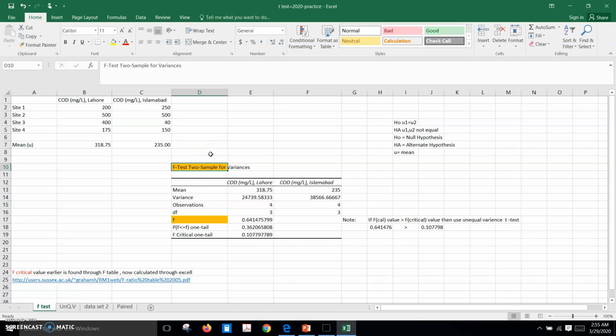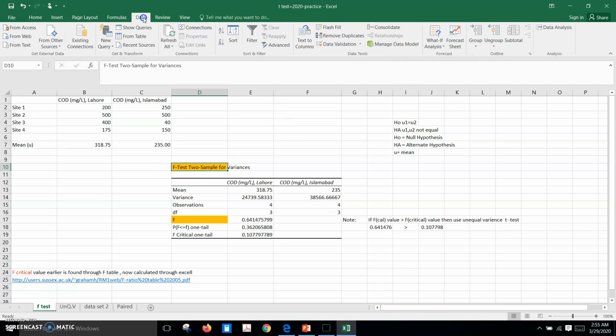You can use my Excel sheet, save it by another name, and if you perform the same thing, you will be able to get the same results again and again. So we want to find out the f-test first. To perform the f-test, go to your data. I have shown you earlier how to insert the data analysis on your Excel sheet. So go to the data analysis,